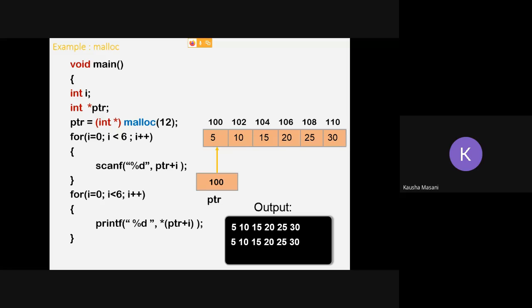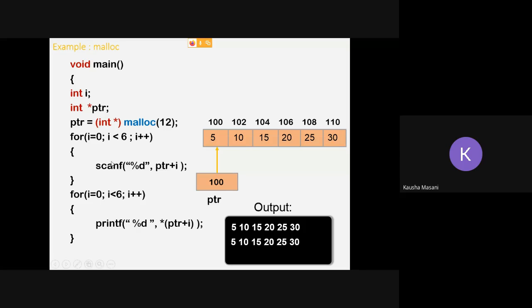Okay, Aditya, which part do you want me to repeat? This execution part, what actually happened for this program. Okay, all right.